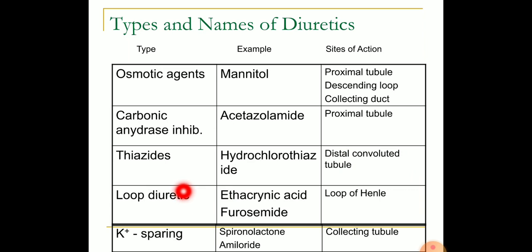There are drugs like loop diuretics, where I am specifying furosemide and torsemide. These two are the more important ones. Torsemide is more potent in comparison to furosemide. We will discuss it later. Ethacrynic acid is obsolete nowadays because of its ototoxicity. It means it will cause a little bit of problem in the ear. So that's the reason why ethacrynic acid is not used nowadays. Its site of action is the ascending loop of Henle, and that is the sodium potassium 2 chloride channel.